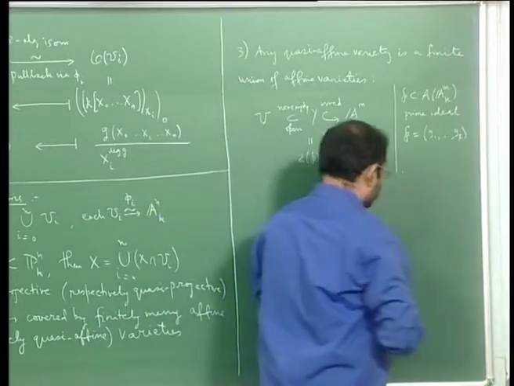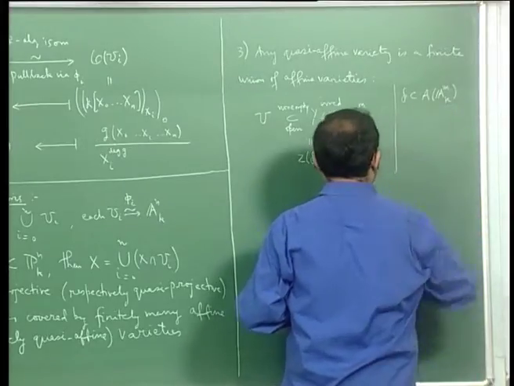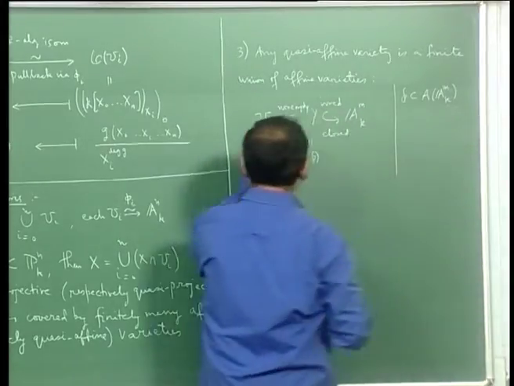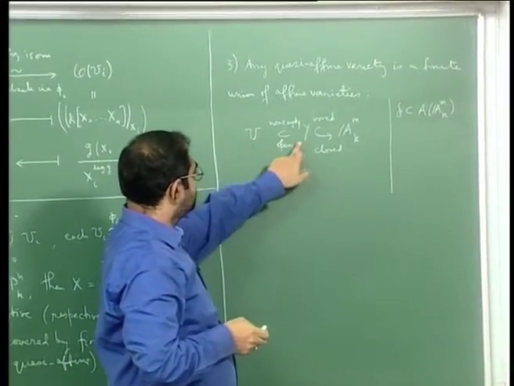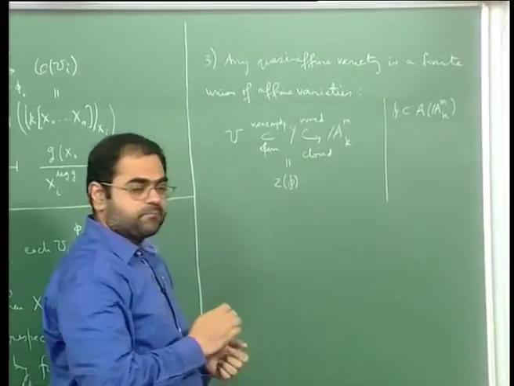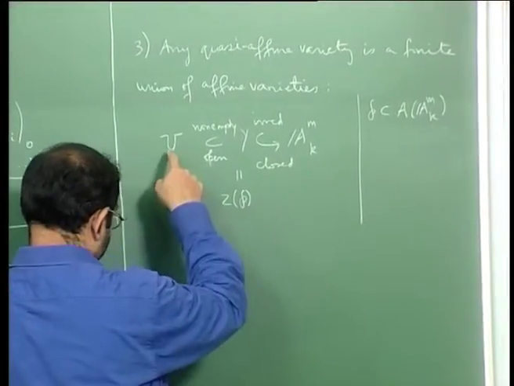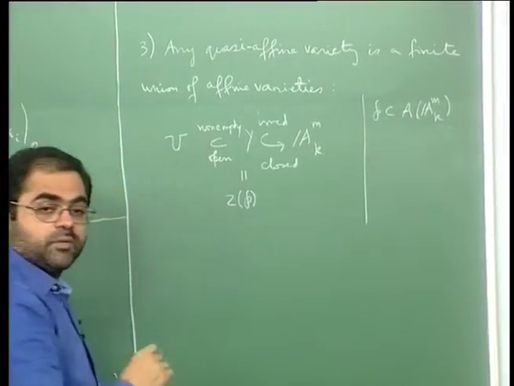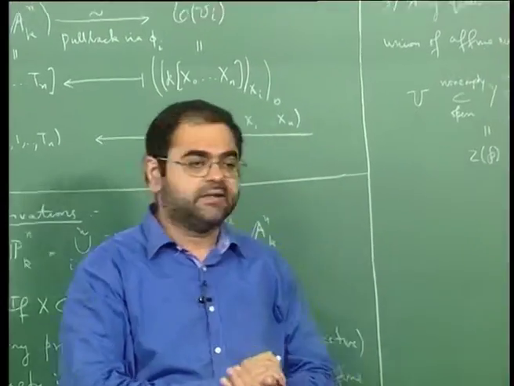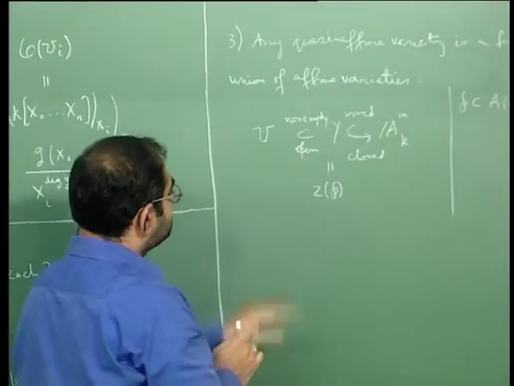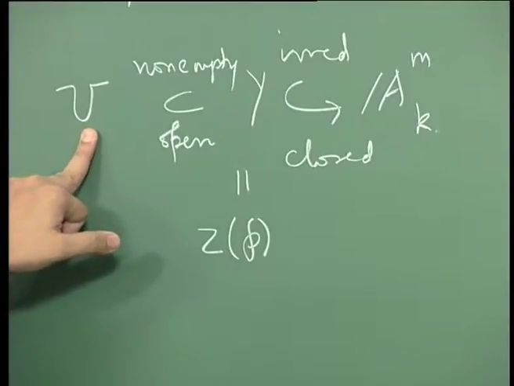No, this is not what I want, sorry. So U is an open subset here. What I want is the following: I want to show that this U, which is a quasi-affine variety, is a finite union of affine varieties. And the way to do that is to realize that U is